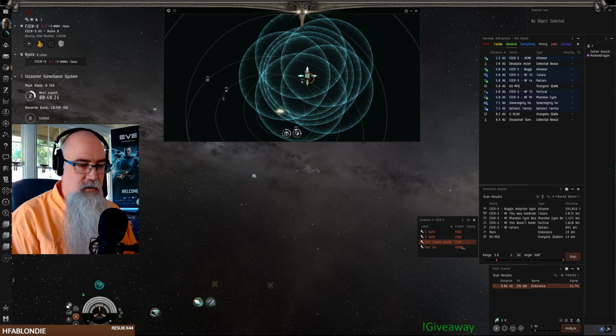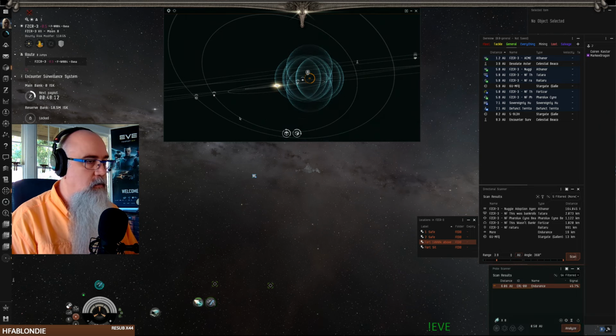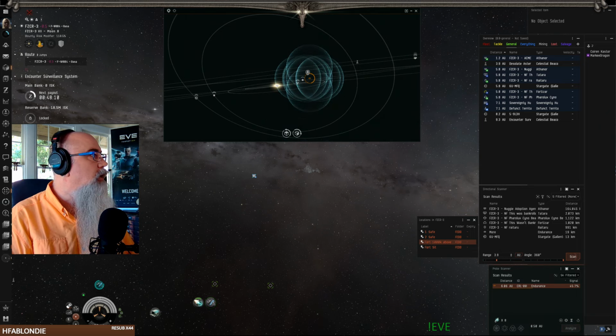Oh, the reset button. Yes, just this right down here. That'll reset it into the formation if you've messed with the formation. All right, we're going down to half AU, and